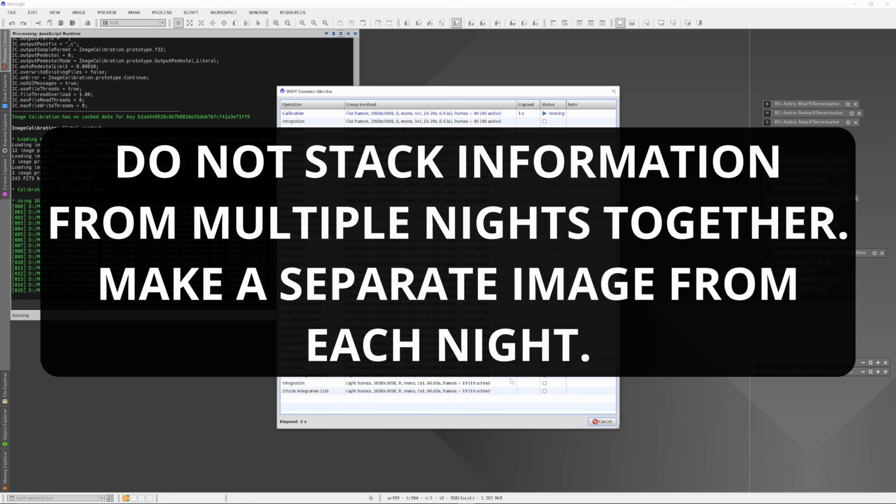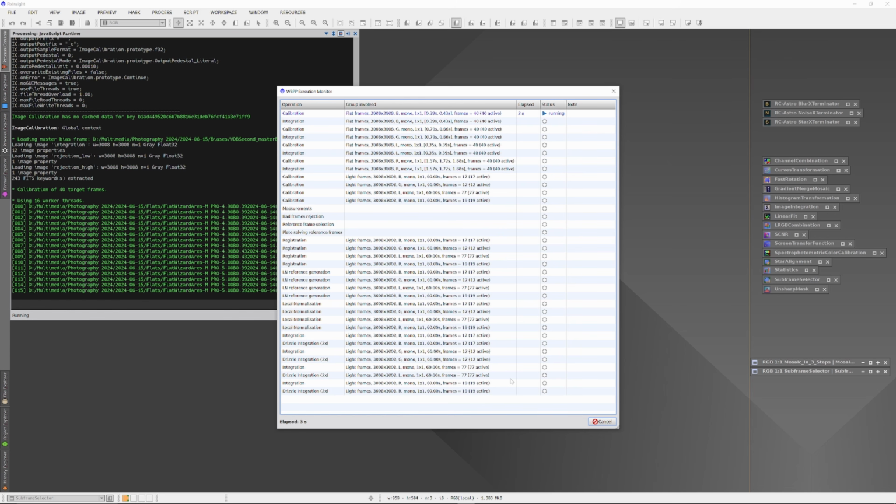Stack and develop the information from each night separately. Do not blend the information, but make a discrete image from each night's data. Let's say you got your base information under a night of a quarter moon. Stack that separately. Separate your star plate, you'll need that later. Develop the base information, and then split the developed information into its high and low frequency components, and save those